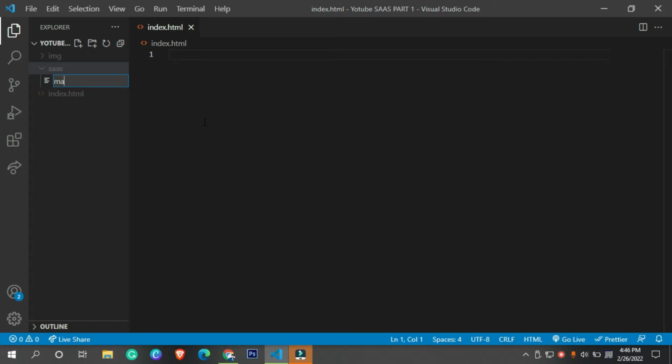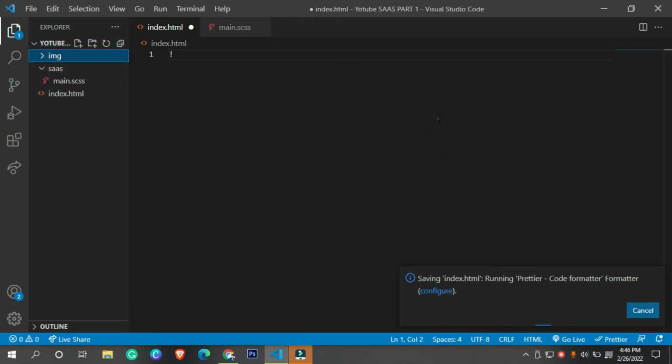So basically, if you don't know how to configure it, just go to Google and search about SASS. You can easily find lots of articles about, let's say, how to install SASS into your Visual Studio Code. Go there, download the important plugins and add-ons in order to work on it. So let's come to the point.